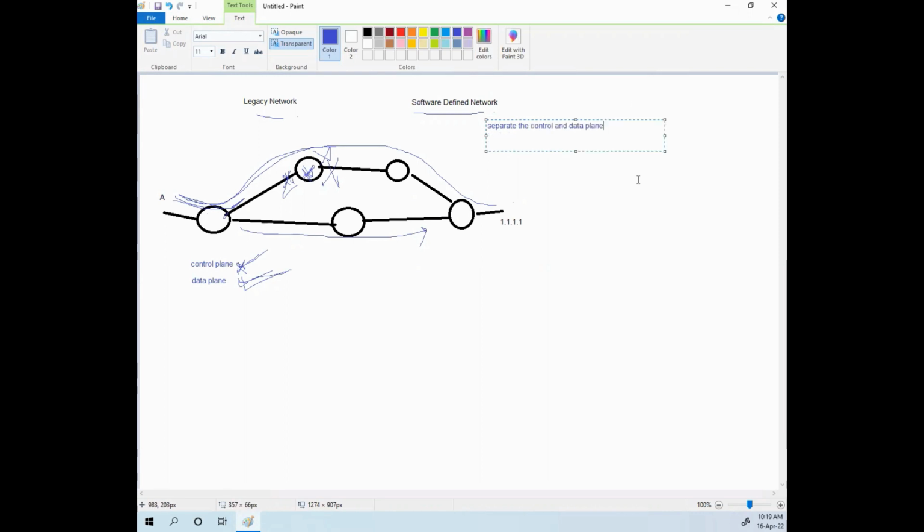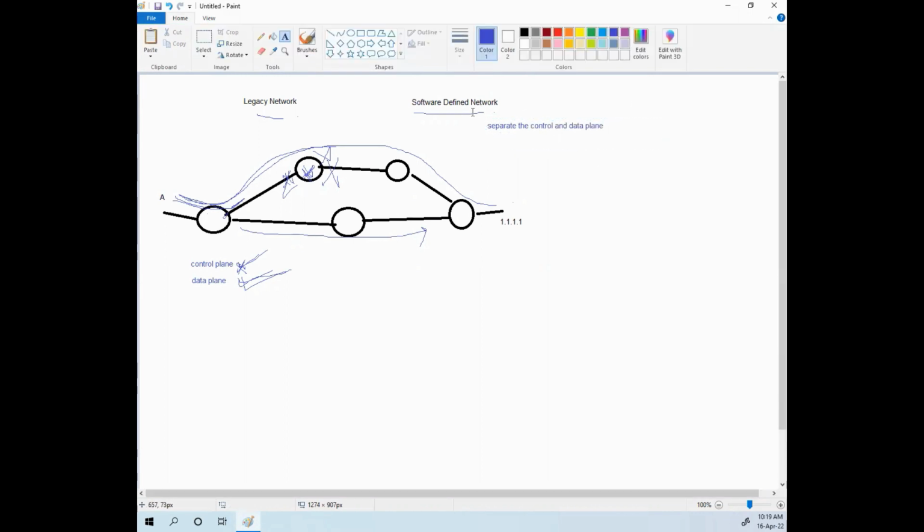So we have separate controllers in SDN, which will take the decision and tell the devices about the decision. Even if that control device is down, the data traffic will still go, which is not the case in our legacy network. The other point is, suppose I want to run EIGRP or OSPF or maybe STP